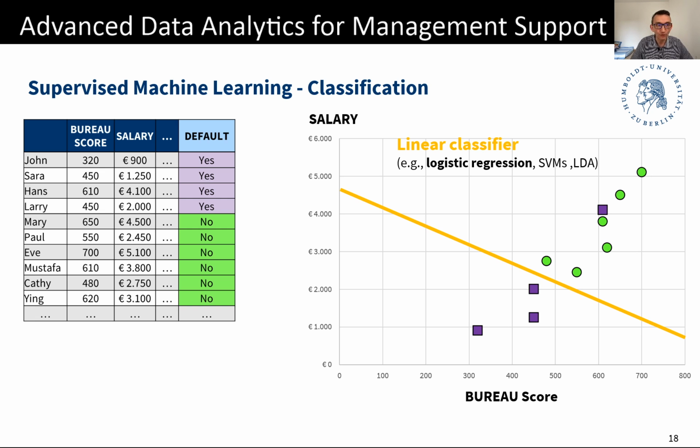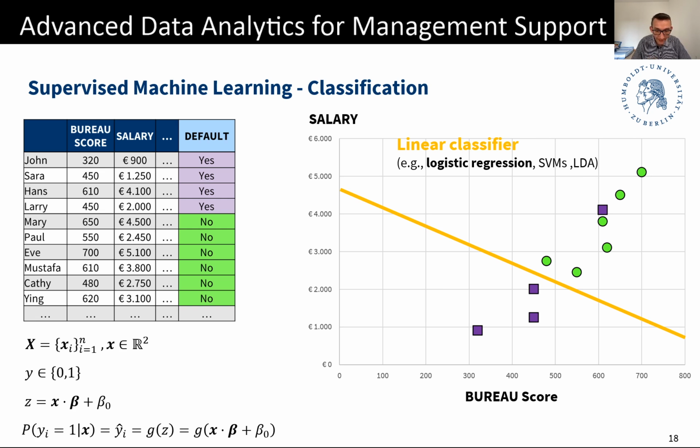So we have these two groups, no and yes, defaulters and non-defaulters. We can plot them in a two-dimensional space, and we can use linear classifiers in order to find a decision boundary that separates the data points. For the following, it will be useful to introduce some notation, same notation as before. We have capital X in bold as our data matrix, which consists of row vectors, x_i, that live in R^2. We have only two variables in this tiny example, and our target is a binary variable, so y is an element of 0 or 1. And if you think about it,